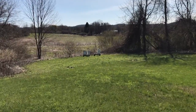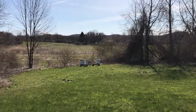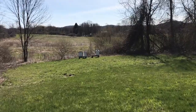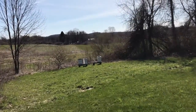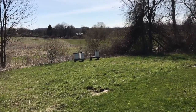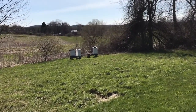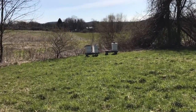What's going on over here is some beehives that were put in by Sean Kelly, who was the photographer at Lisa's wedding last spring. We were sitting on the steps at the end of the wedding, Sean, Marie, and I, and we were the only ones there, and he was talking about a dilemma he had with some bees in his yard that were threatening to swarm out. He raises bees,